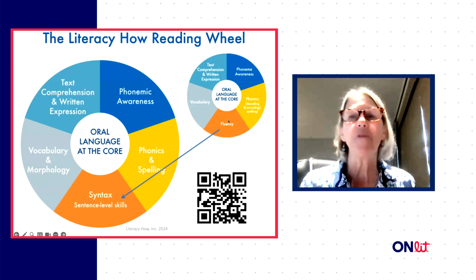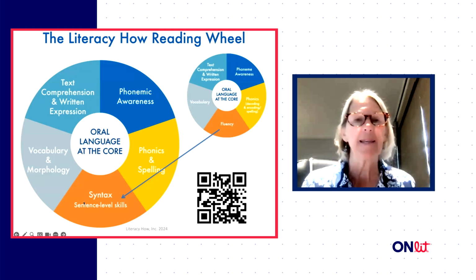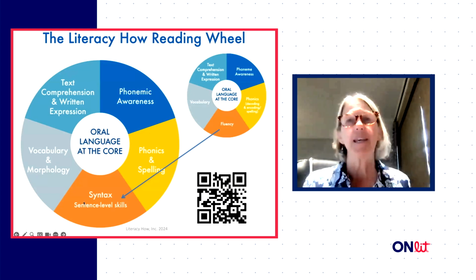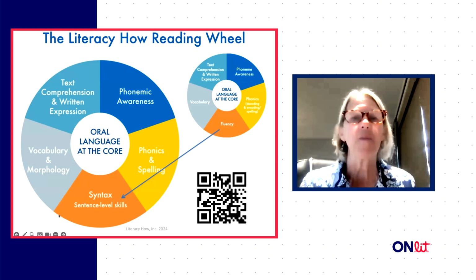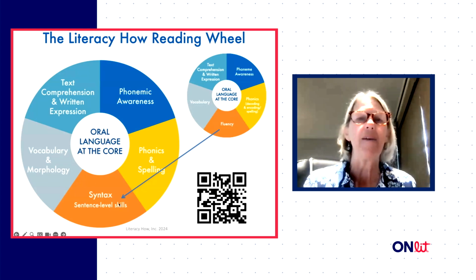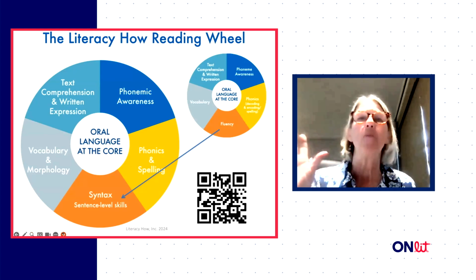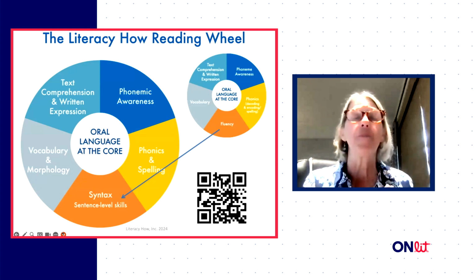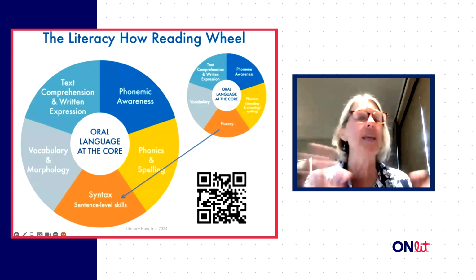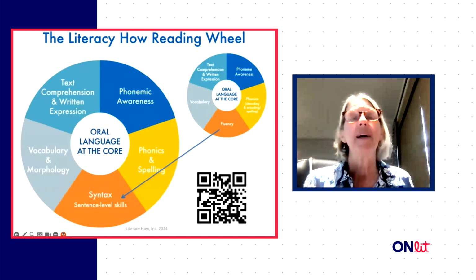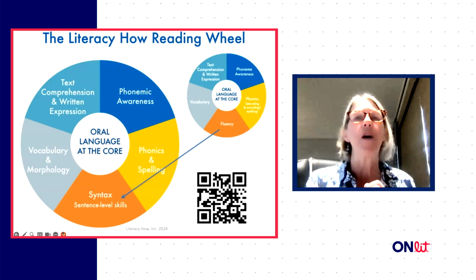So we replaced fluency with syntax. And you'll sort of see, I hope, why we did that and what we feel we get out of replacing it with syntax, because we're going to still talk about fluency, and you're going to hear me talk about it a lot today. Fluency is absolutely critically important, but we don't think of it the same way as some of these other big ideas. Reading fluency or fluency of anything is really about automaticity. So it's not like phonemic awareness or phonics. It's not